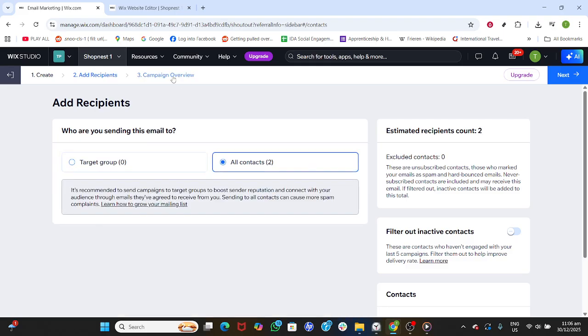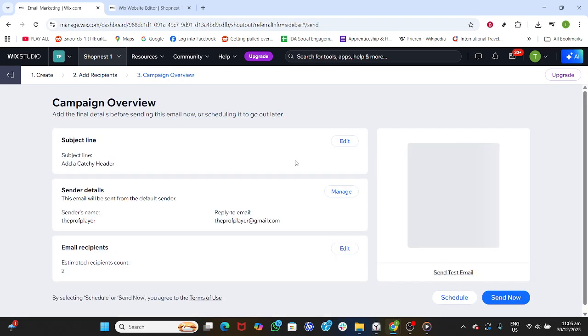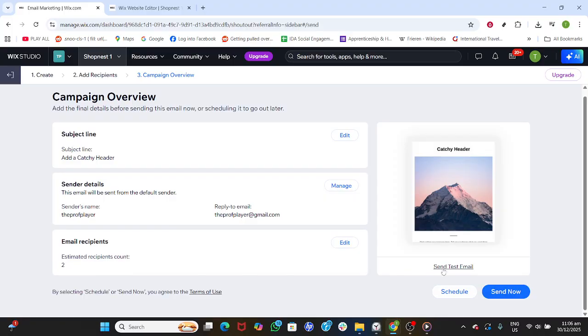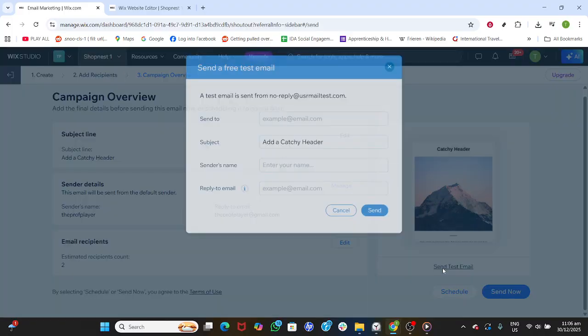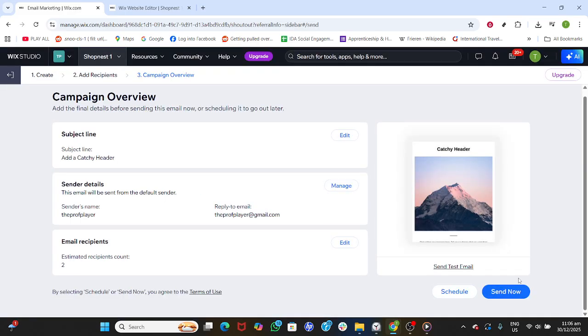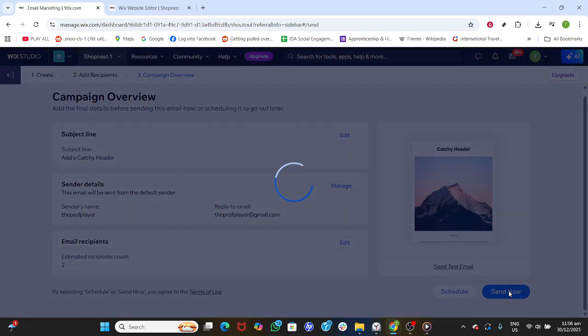If you see an Unable to Send Email campaign notice, click it. Wix will show what needs attention, so you can resolve it quickly. Before sending, click Send Test Email to preview the message in your inbox and spot any typos, spacing issues, or broken links. Back in the overview, use the highlighted options to review anything you want to polish: content, design, links,